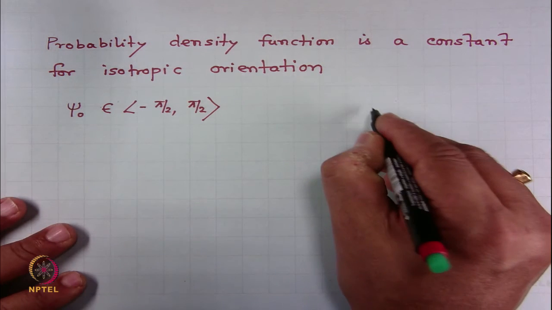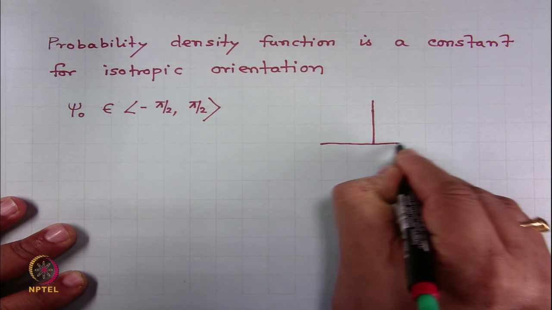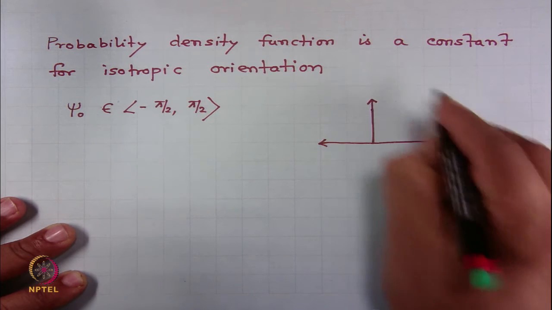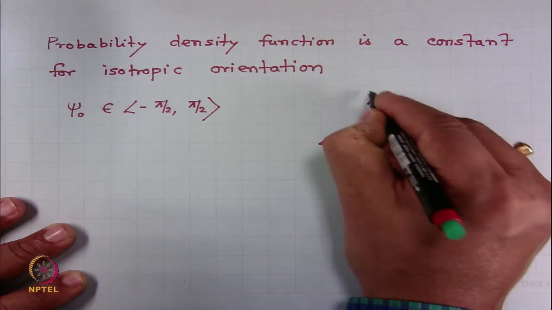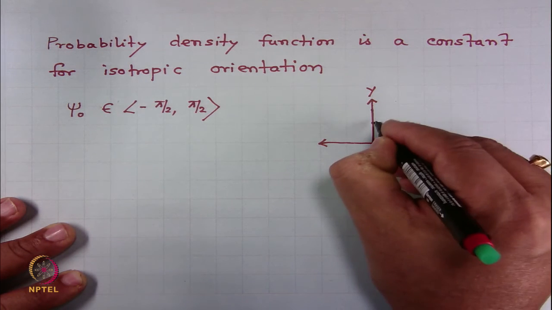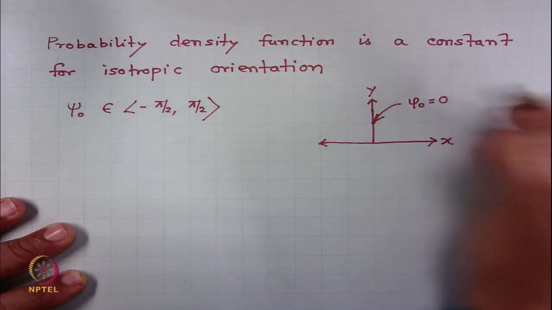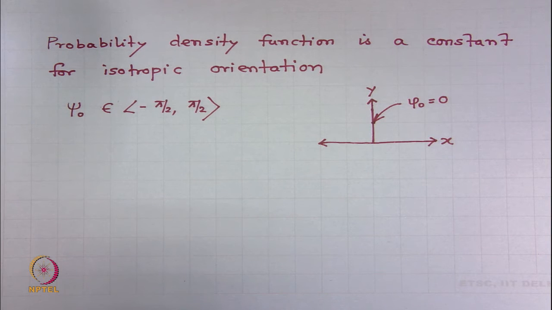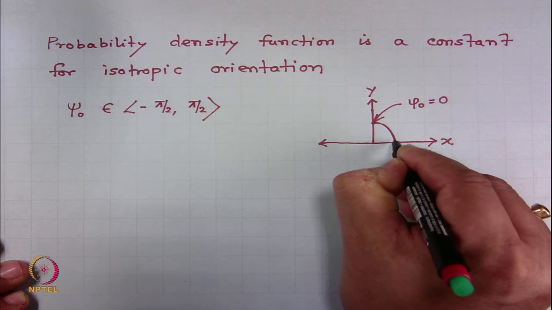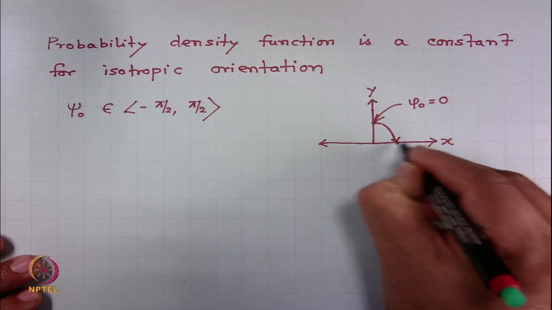That means, how is this angle? Suppose this is your x, this is your y. At this point, this angle we thought 0. Okay. From this point to this point we come. So, at this position